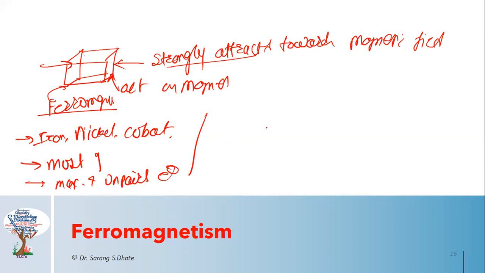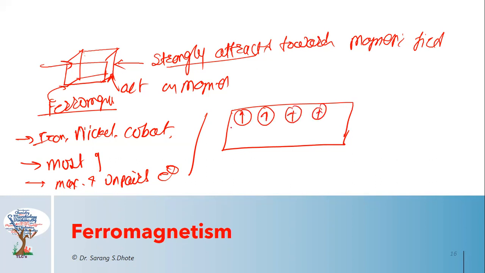One thing to remember here: ferromagnetism is not a property of an isolated atom, molecule or ion. It arises due to the parallel coupling of magnetic moments of neighboring molecules. That means the magnetic moment is due to the orientation of electrons. All the unpaired electrons are oriented in the same direction, and due to this orientation, it shows ferromagnetism.